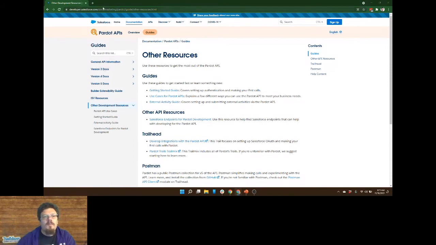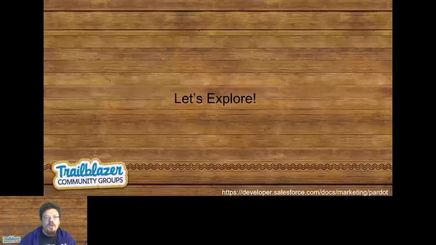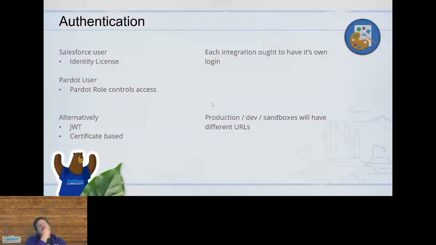I think that's got us caught up with the questions for now. So, as I mentioned, authentication is the hardest part of working with the API. Getting a computer logged in, it's a pain. So what we end up needing to do is create a login, but we have to create a login in a couple different spots.